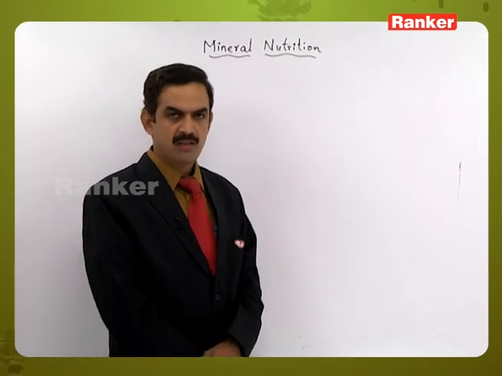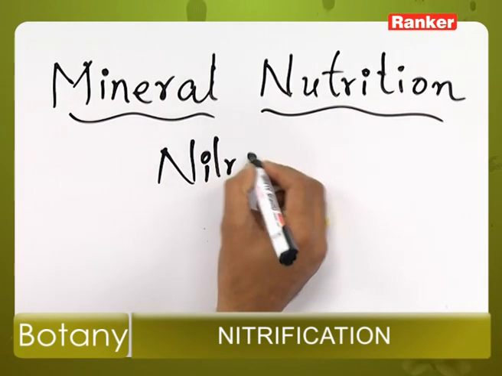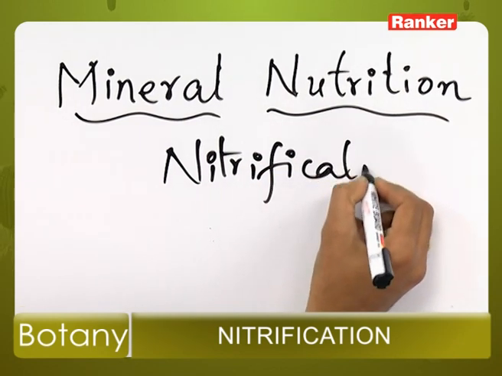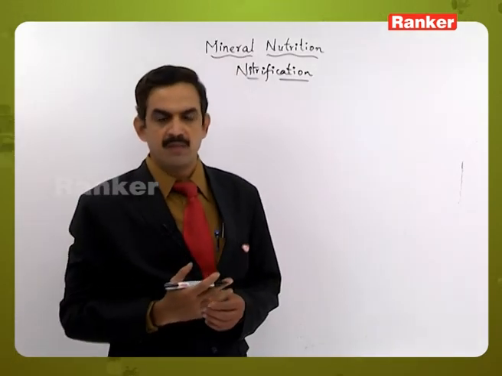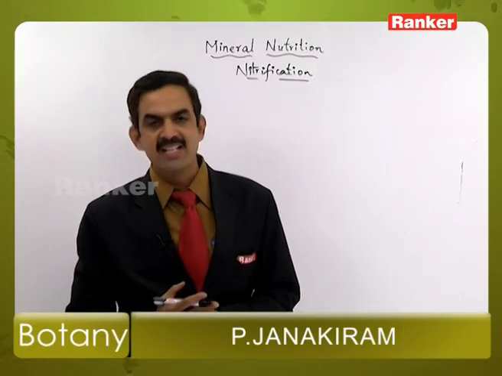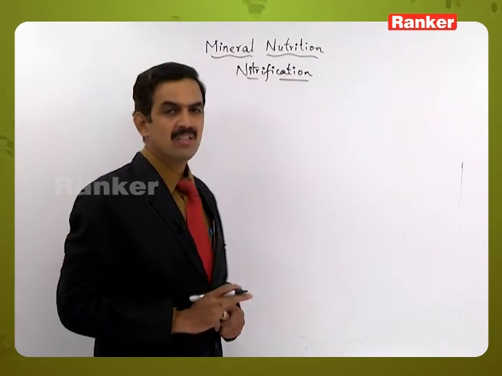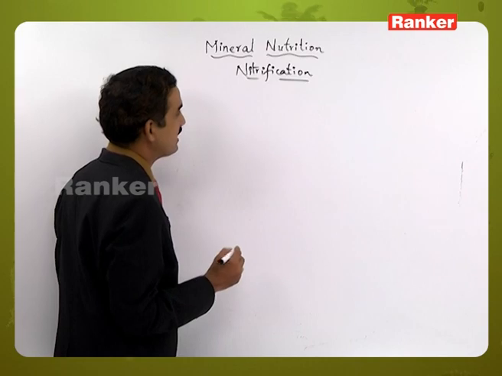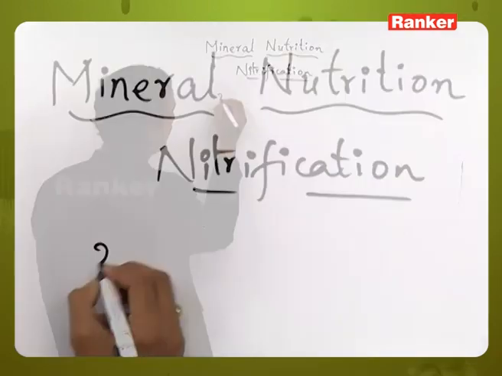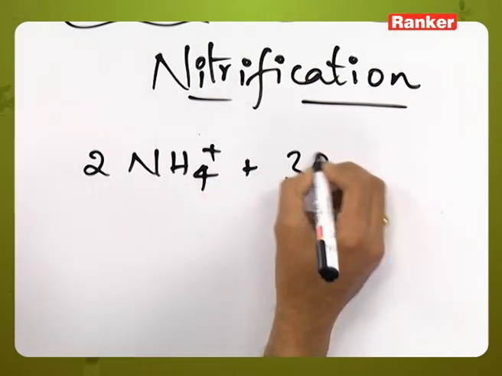In the nitrogen cycle, the next step is nitrification. The ammonia so formed will be converted into nitrite and nitrate by different types of bacteria. The process of conversion of ammonia into nitrate is called the nitrification process. This is done in two steps, that is, the ammonium will react with oxygen to form